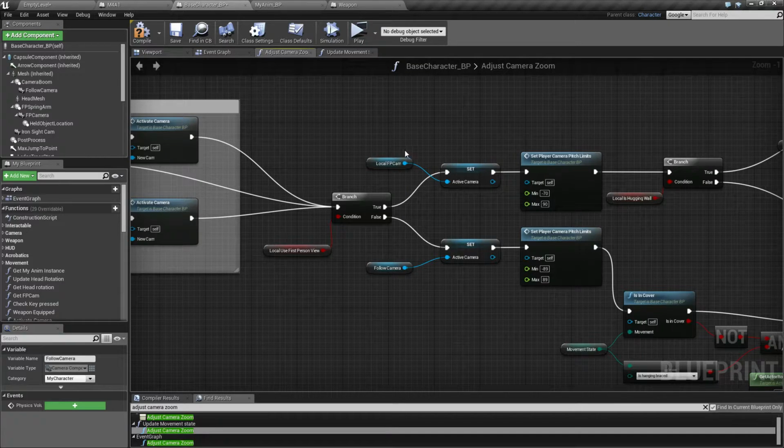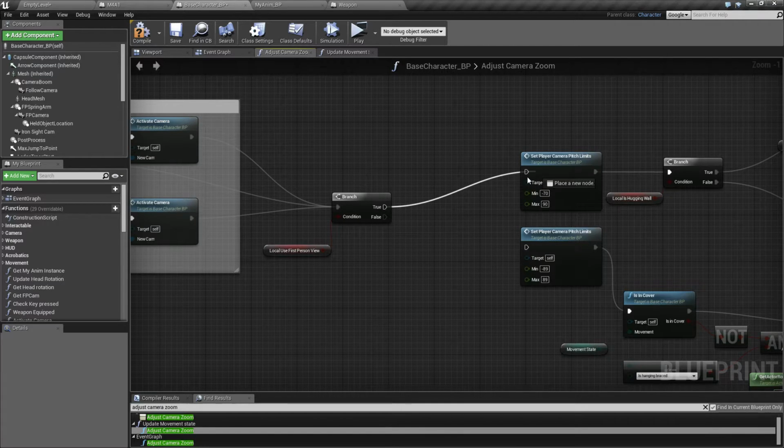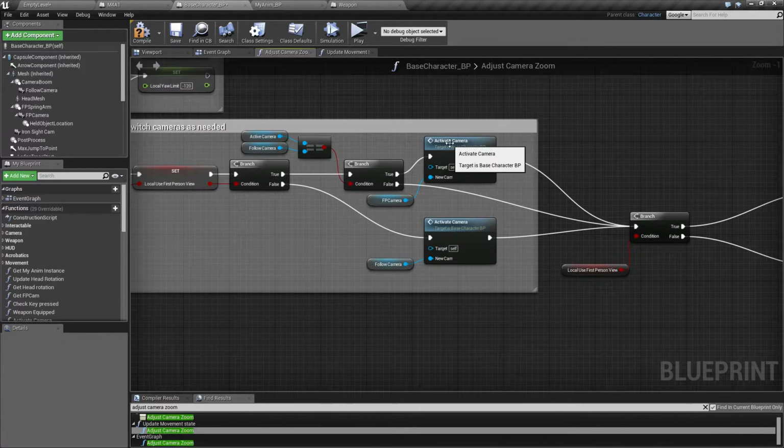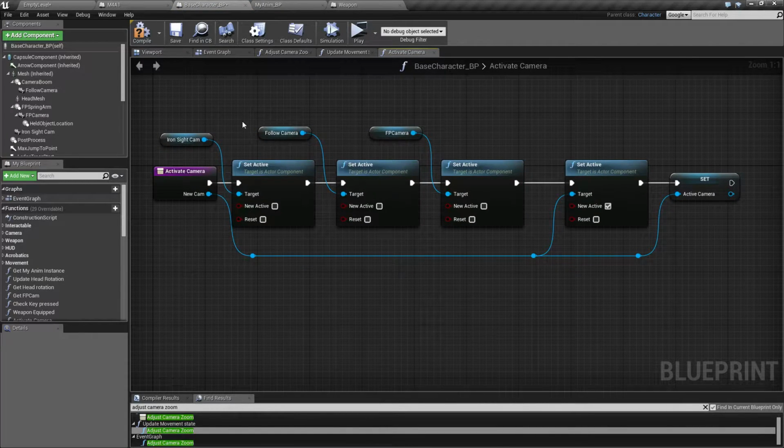So we have something setting this active camera here, and actually you don't want to have it here. This one updates the active camera variable. I'm just gonna remove that and put it somewhere else, because I want to put it inside our activate camera now, this guy that we made last time. So I'm gonna make quite a few changes here, because